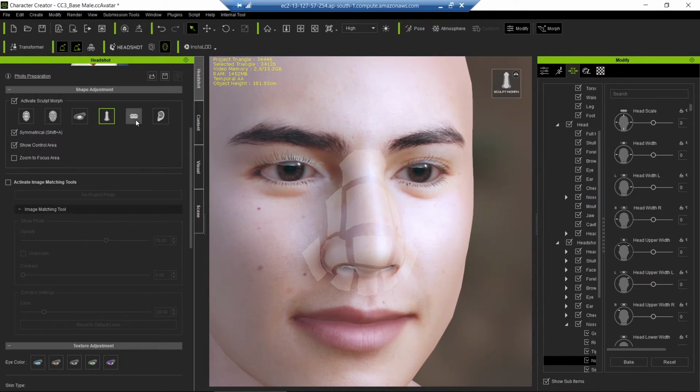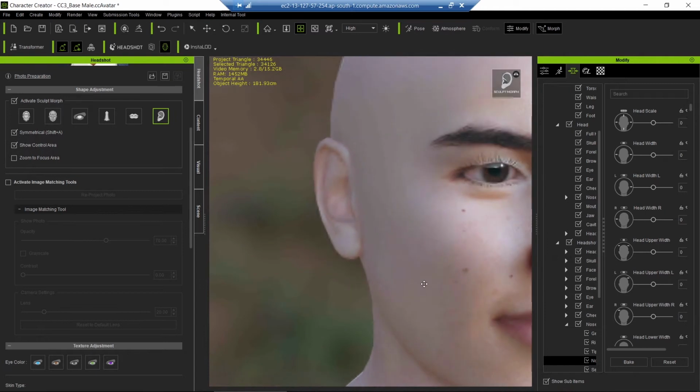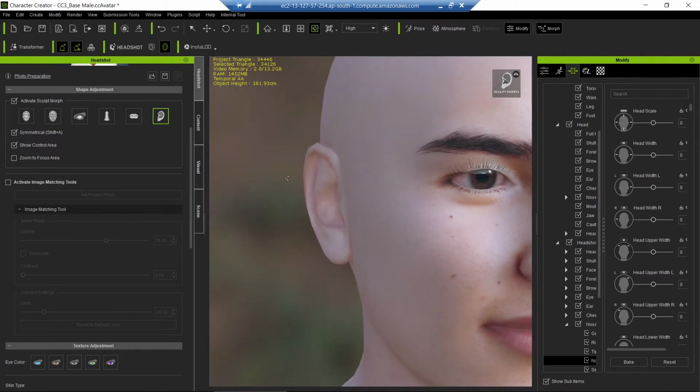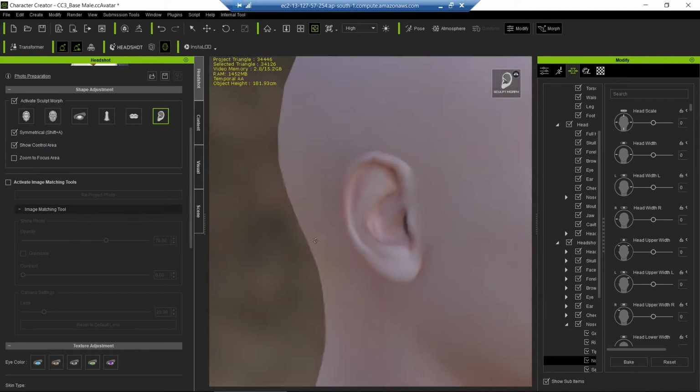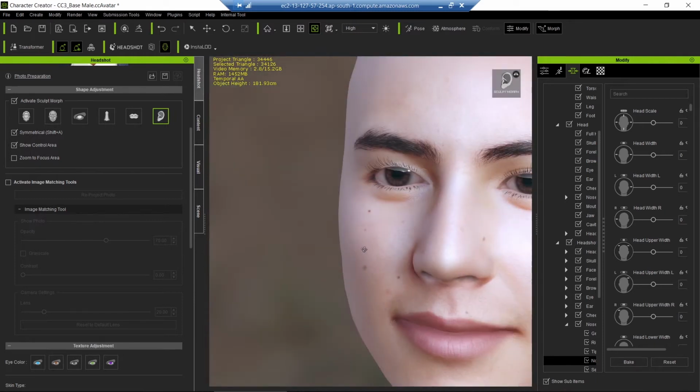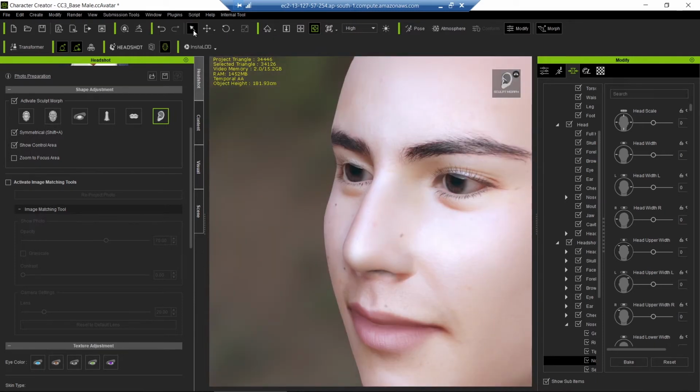You can do the same for the lips part and the ear parts. Let me show you. This is the ear part selection. It has selected the ear part, but you are not able to visualize it. Okay, so first of all, what I'm going to do here is make it look a little better for what follows.